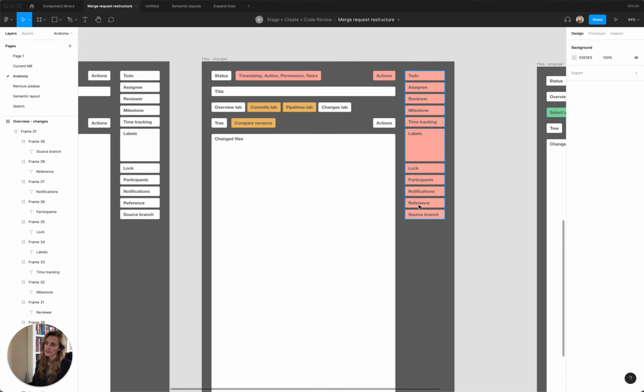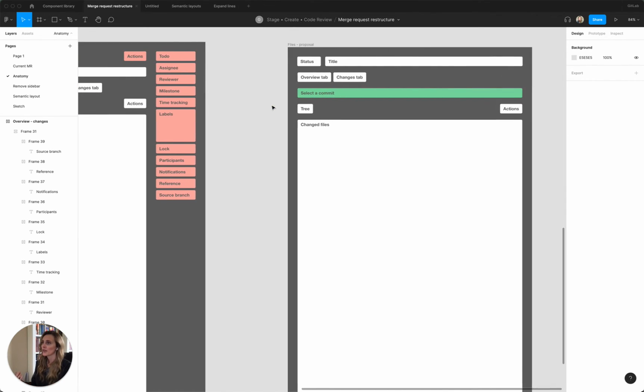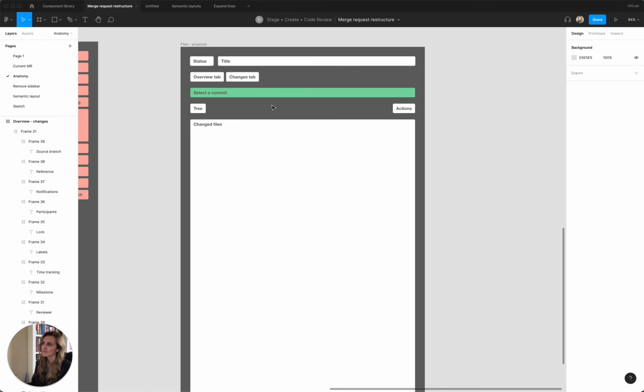I have the entire sidebar red because I'd like to remove it on this tab completely. And these items have been removed similar to the overview tab. And then compare changes and these two tabs have been removed, but not really, just the elements have been removed. The content will be available elsewhere. Here is the files tab, no sidebar, so just all the room for the files themselves to do your code